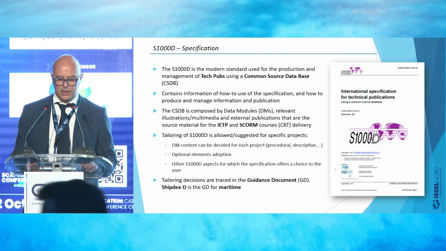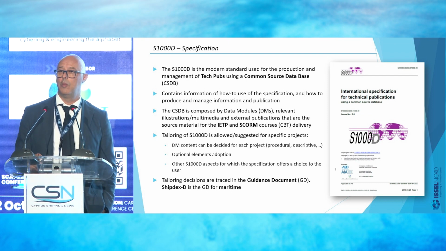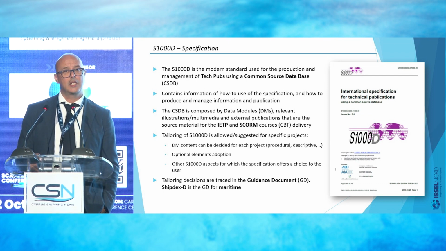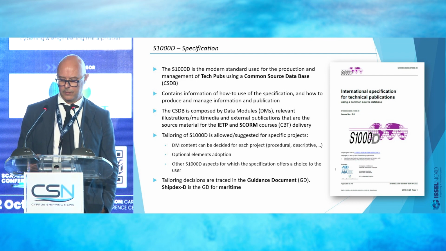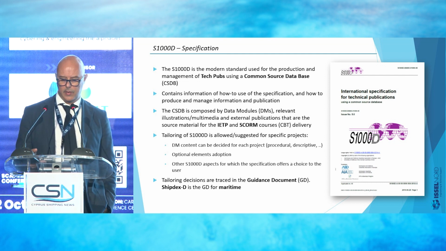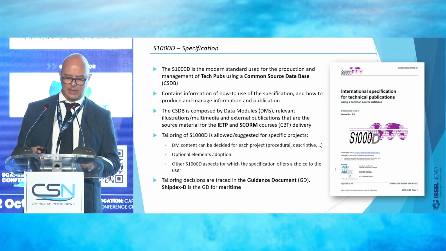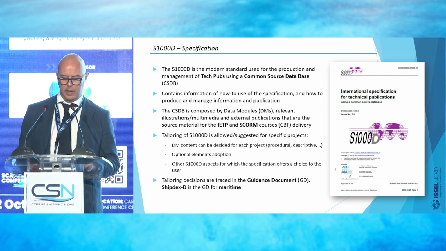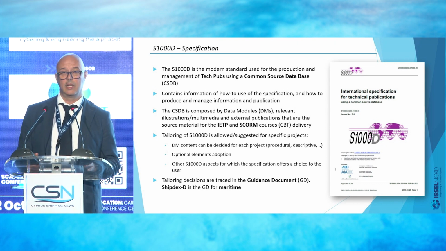The S1000D is the SS-Series specification used for the production and management of technical documentation using a common database. The S1000D requires that the content is split into self-explained units called data modules. These data modules can include illustrations, multimedia, and references to external publications. Combining the data modules into a structure, we can produce a technical publication and deliver it as a